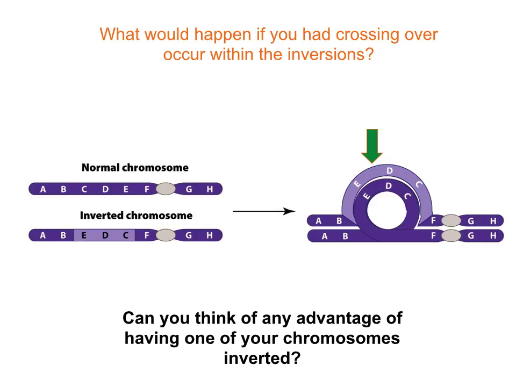So only gametes that form when there's no crossing over in this inverted region are going to be produced for reproduction. Essentially, that freezes those combinations of alleles. It locks them up and inherits them kind of as a single gene. Is that important? What's the whole purpose of crossing over? When we were talking about it before, what does it do? It creates genetic variation, right? It mixes up those gene combinations, right? If you're not crossing over, what are you doing? You're locking in that specific allele combination of those genes.